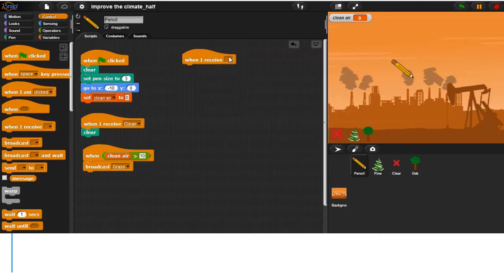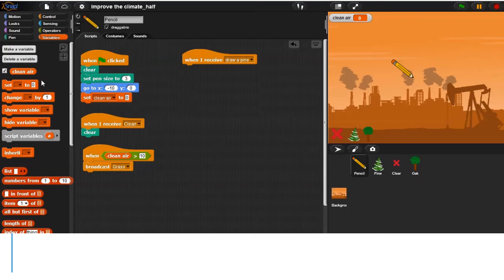When I receive draw a pine, change clean air by 2 points.